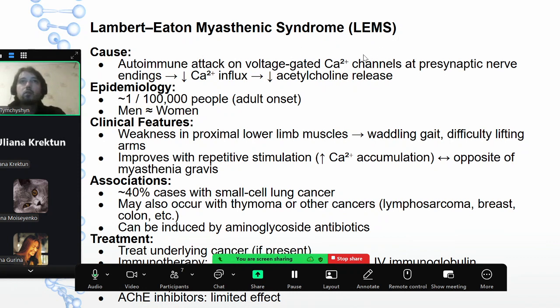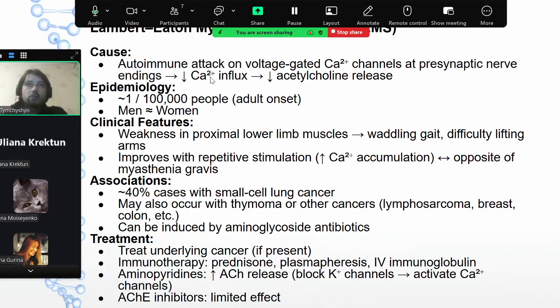One more syndrome, LEMS. Once again, an autoimmune attack, but this time on voltage-gated calcium channels at the presynaptic nerve ending. So that's decreased calcium influx, and that's decreased acetylcholine release. So that's the problem of the nerve ending at the neuromuscular junction. Targeted approximately 1 per 10,000 people,